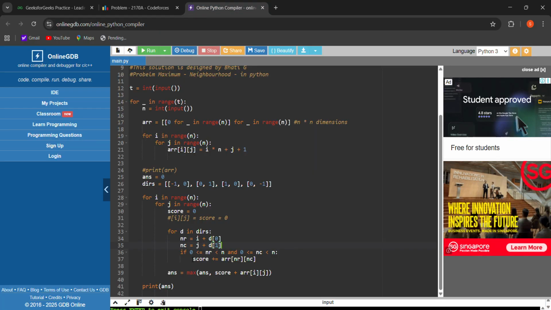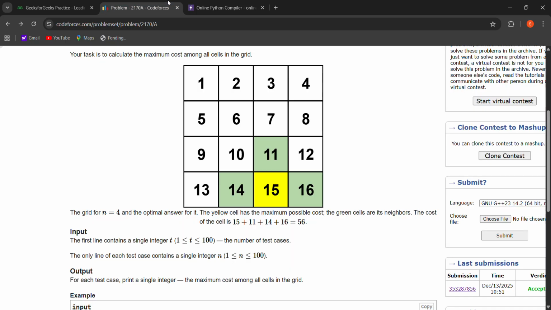So we have to check the conditions that nr will be in the range from 0 to less than n, and we add the value of that cell into our score. That means for this one the value will be this 2 plus this 5, that means 7. Now this is also added in our score.